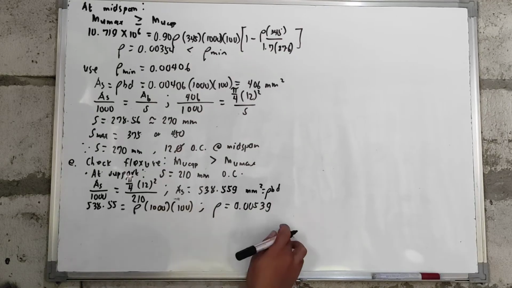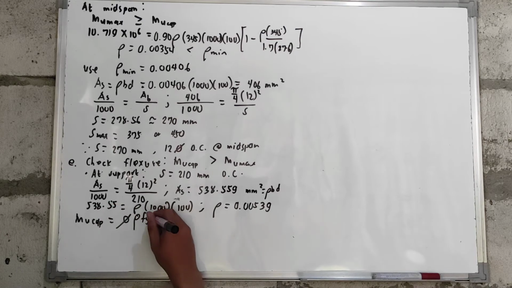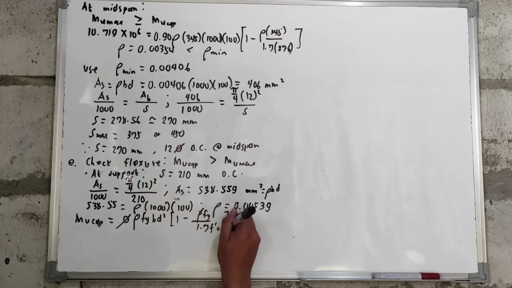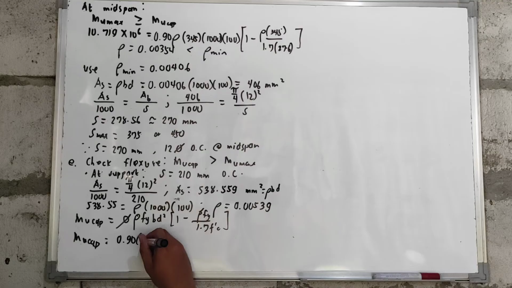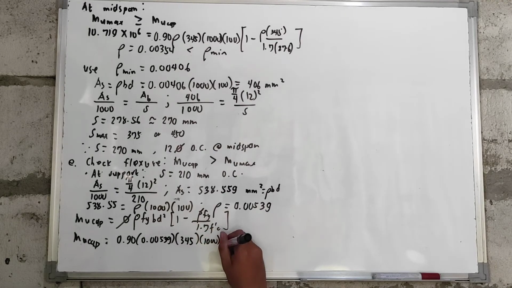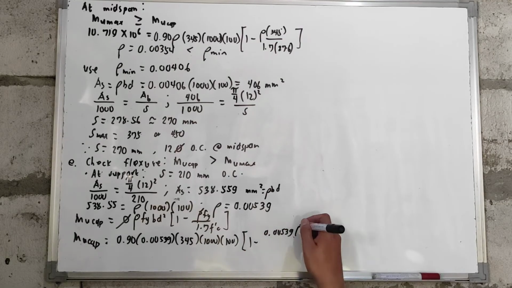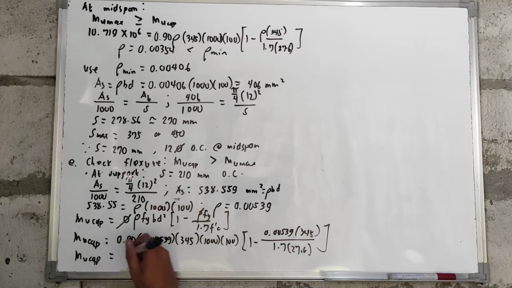Okay. So after natin ma-compute yung value ng rho, kunin na natin yung value ng Mu capacity natin, that is reduction factor, rho Fy, BD squared multiplied by 1 minus rho Fy over 1.7 f prime c. So, Mu capacity at support, that is equal to 0.90. Yung rho natin na 0.00539 multiplied by yung Fy natin na 345 multiplied by 1,000 multiplied by 100 multiplied by 1 minus yung rho natin multiplied by 345 over 1.7 na 27.6. So you will have a value of your Mu capacity which is equal to,